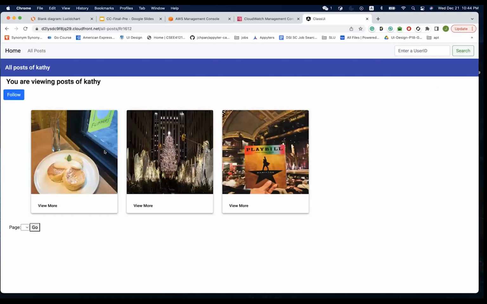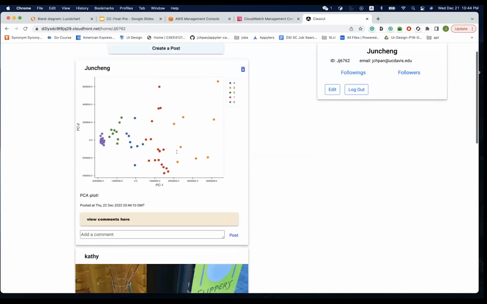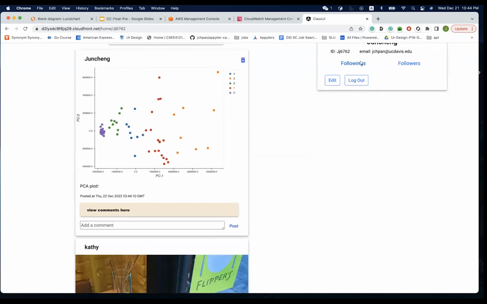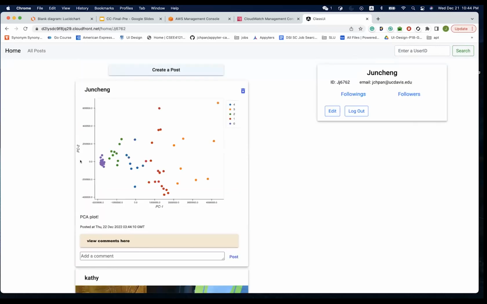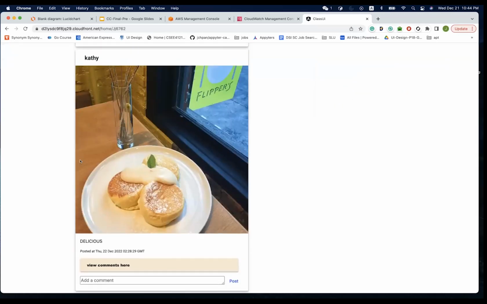We type in the user ID to search for a user, and then we can go to the user page and click follow to follow the user. And now we can go back to our homepage to see if we successfully followed that user. Yeah, so in our following list, we can see the user's user ID here. And we go back to our homepage and we can check the user's post